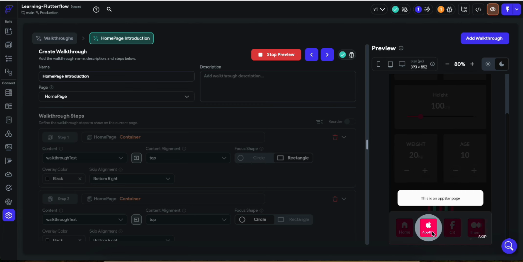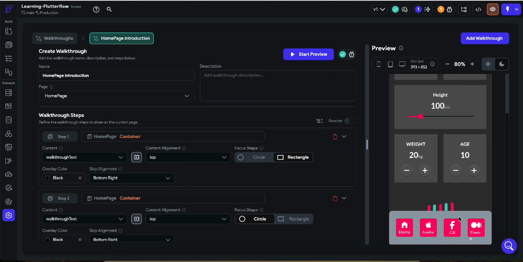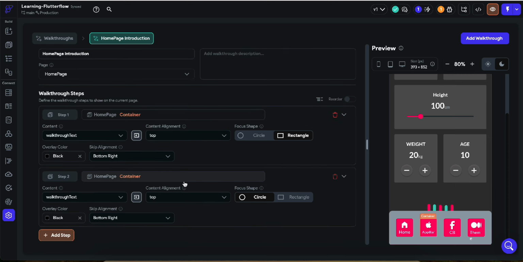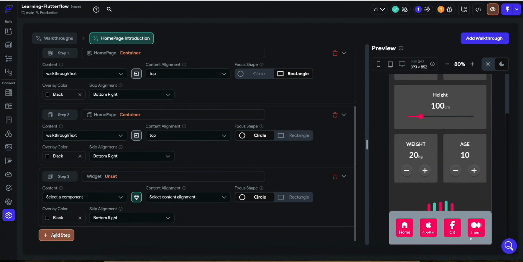So that's how you can create your walkthrough. You can see that this is an app bar page. Okay, if I click again, it's the end because the walkthrough is completed. So basically that's how you can create a walkthrough. But how can you use a walkthrough? It's not completed. You can watch along and then we